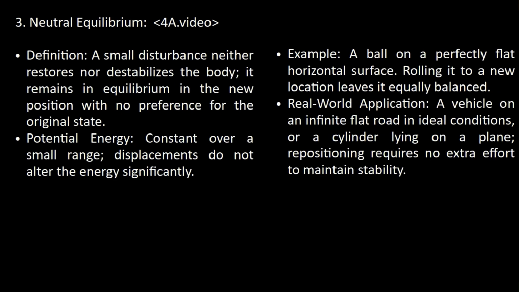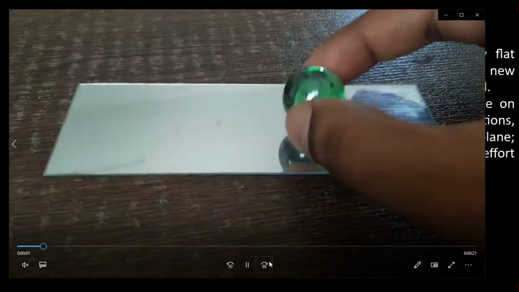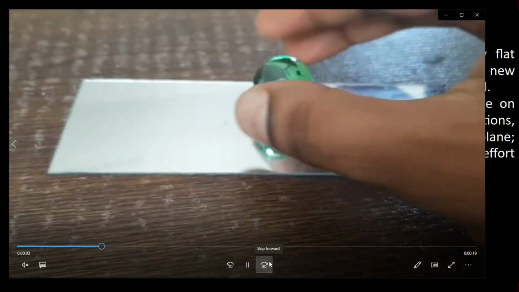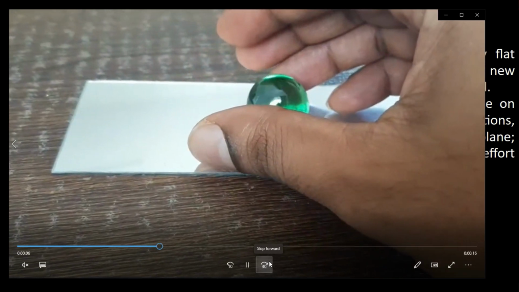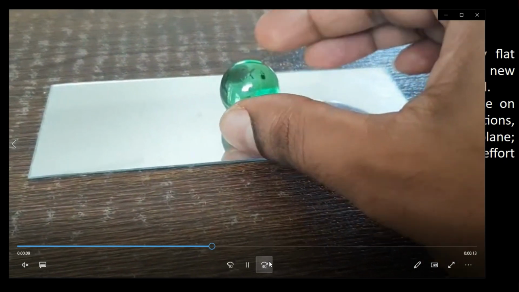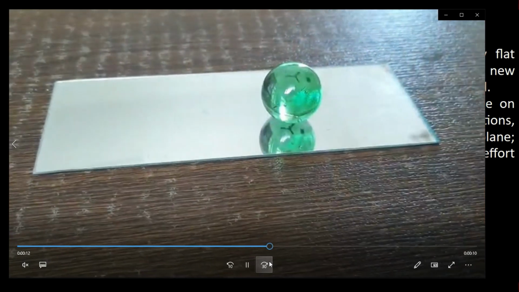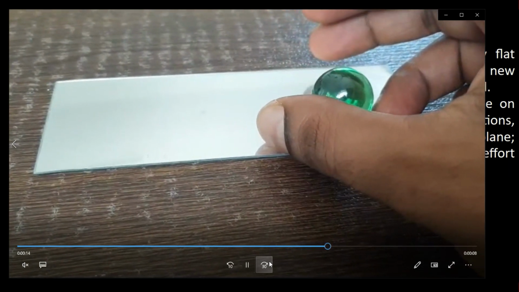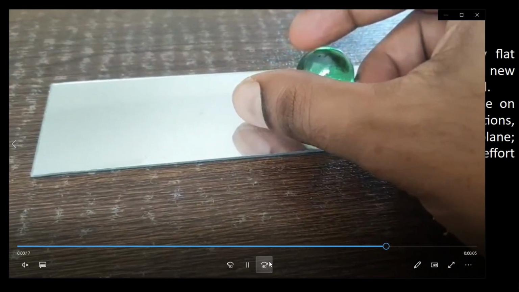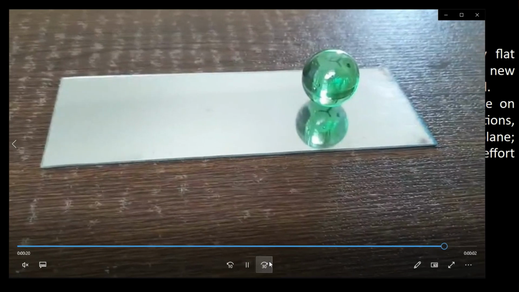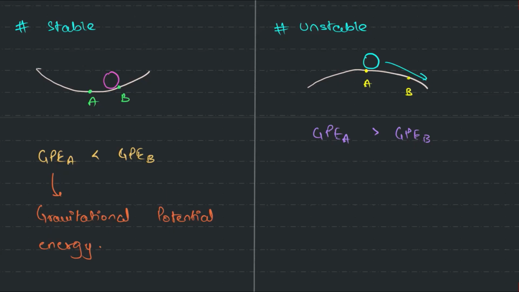Right, and finally you have neutral equilibrium. So for that I have this for you guys. Right, so that is at equilibrium. Now I'm trying to displace it by a small distance. So you can see what's happening. I'm trying to do it for a small distance. So you can see it is stable over there. So basically in your neutral equilibrium,